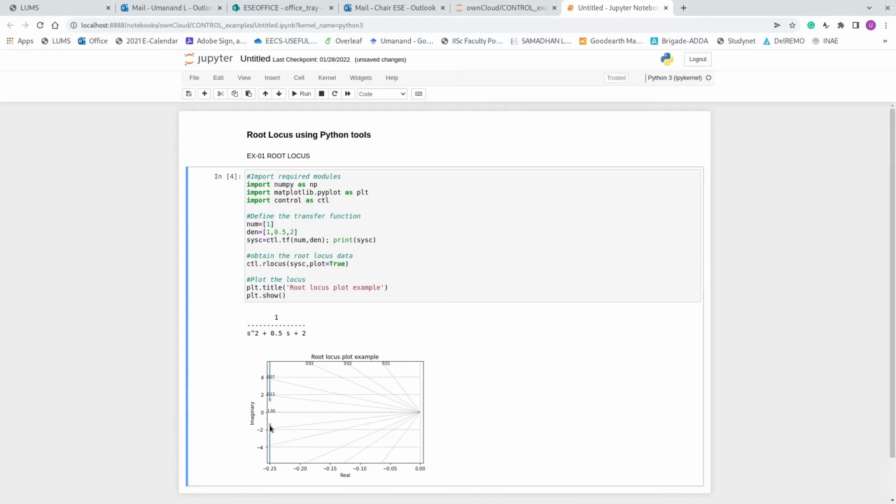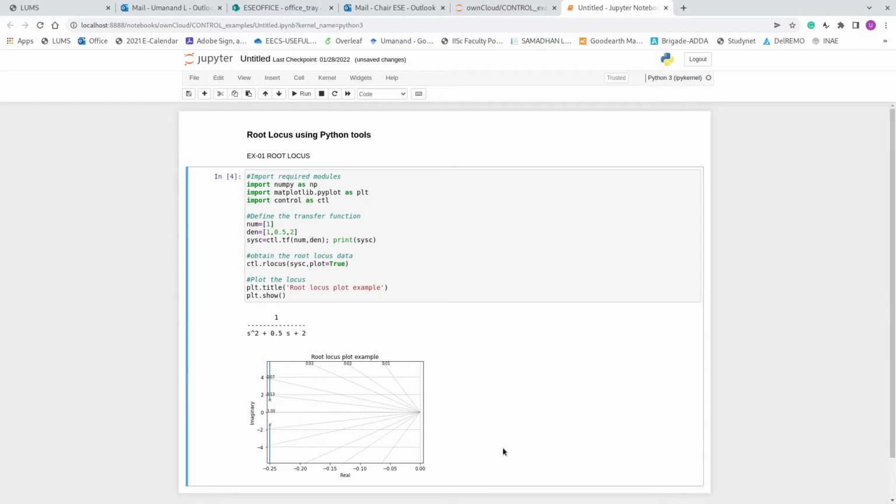Pole 1 here, and this is the other pole. So they are complex conjugate poles, and you have the root locus going straight up as expected. The y-axis, of course, is the imaginary axis. So this is the root locus.